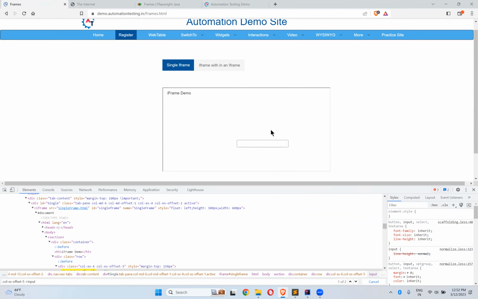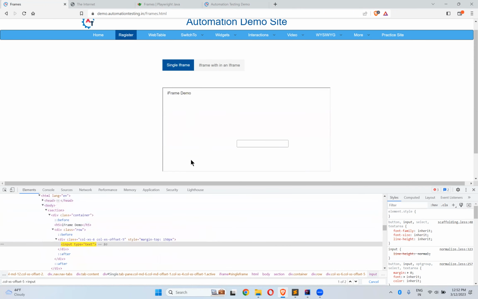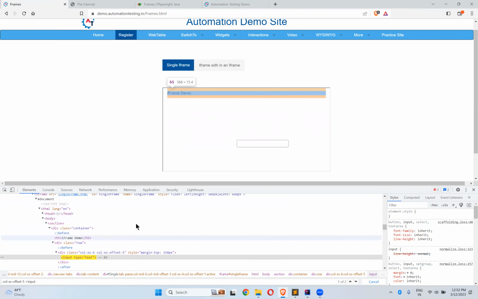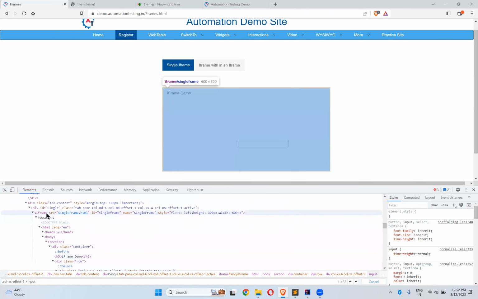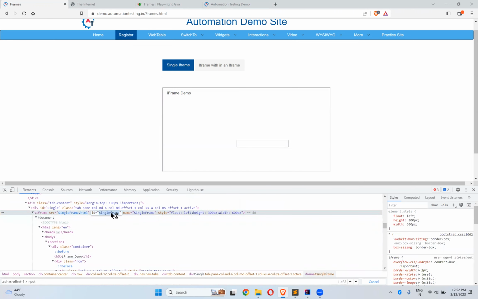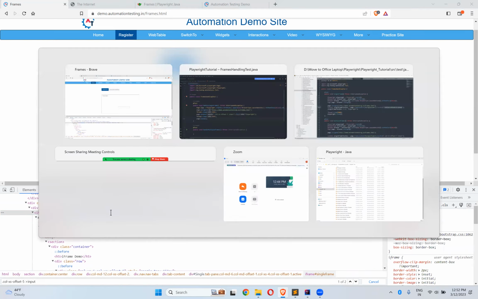Okay. So here, what we can do. First we need to find in which frame it is. So by using that frame, you need to go inside that frame. Okay. So this frame is, you see that this is the frame and the ID is single frame. Okay. So how we can write here is,